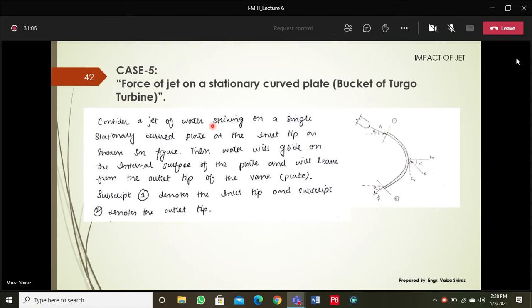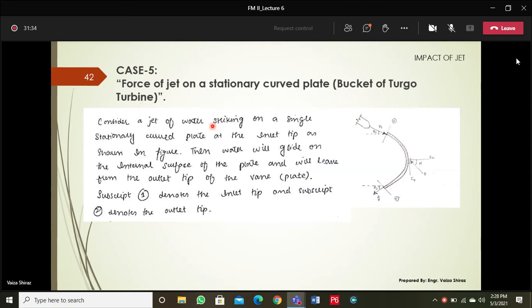Case number 7 is regarding that, so it needs your more effort. So I would prefer that you try, before your next lecture, whichever next week's lecture it will be, that you review these cases so that you can easily understand the concept of the curved moving surfaces. So those are the complex cases out of the total 10 cases.